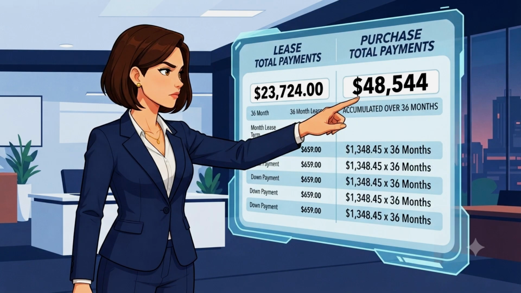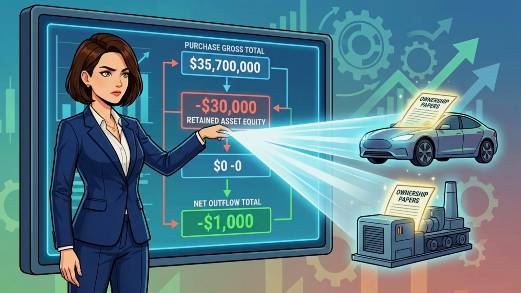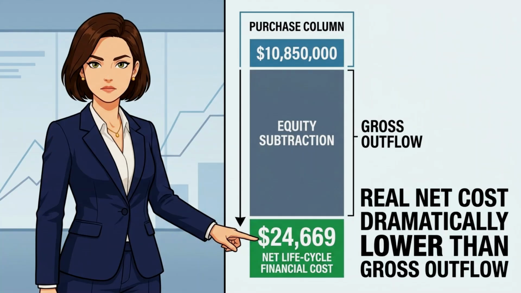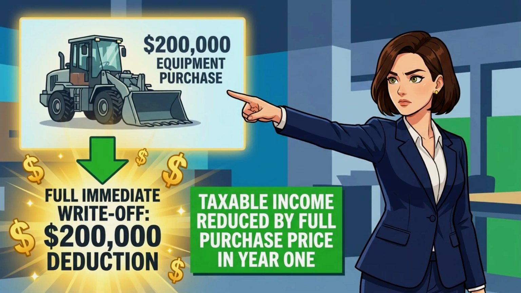$1,348.45. Over 36 months, your total aggregate payments are $48,544. Add the opportunity cost of the larger down payment, and your total cumulative outflow is $54,669. But then subtract the $30,000 in asset equity you retained, the car or equipment you still own, and your net life cycle financial cost is $24,669. The difference in total financial cost between leasing and buying over 36 months on a $50,000 asset is